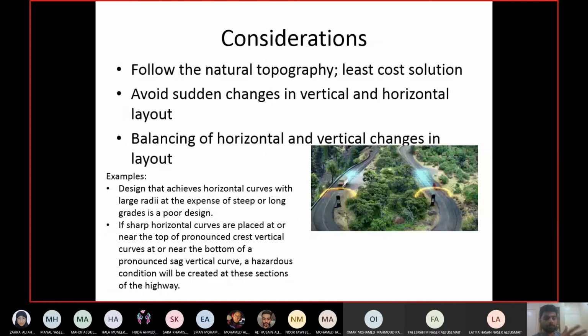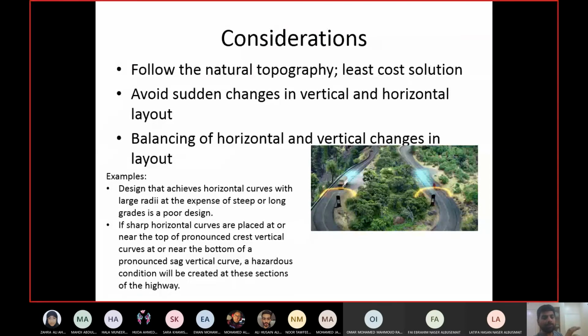Now somebody may say, for a smooth horizontal alignment, I should not have any turnings. And then he says no, but changes in gradient are necessary because of drainage and so on. So you have lots of changes in vertical gradients, but there are no changes in horizontal directions. So that is imbalance. That means you focus too much on one thing and forget the other. And vice versa is again imbalance. You have too many horizontal changes but no vertical changes.